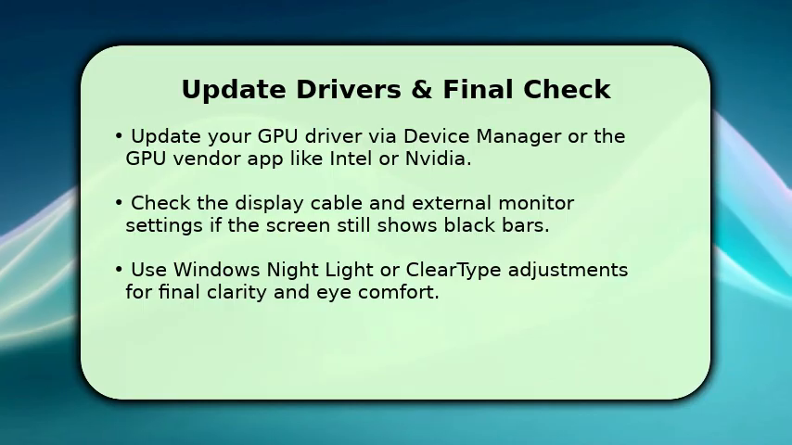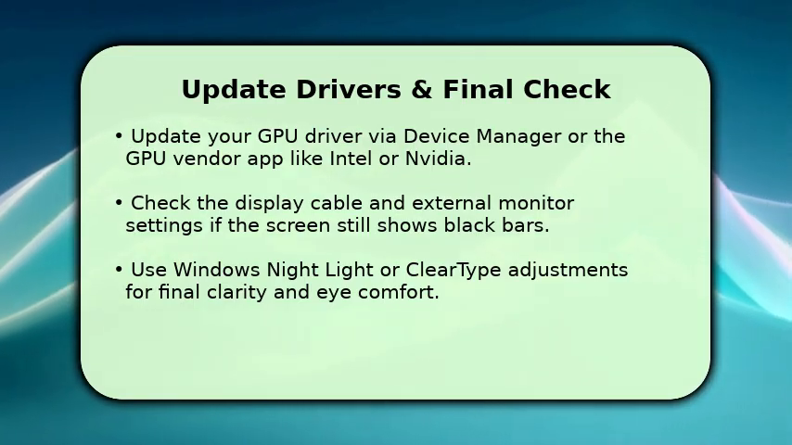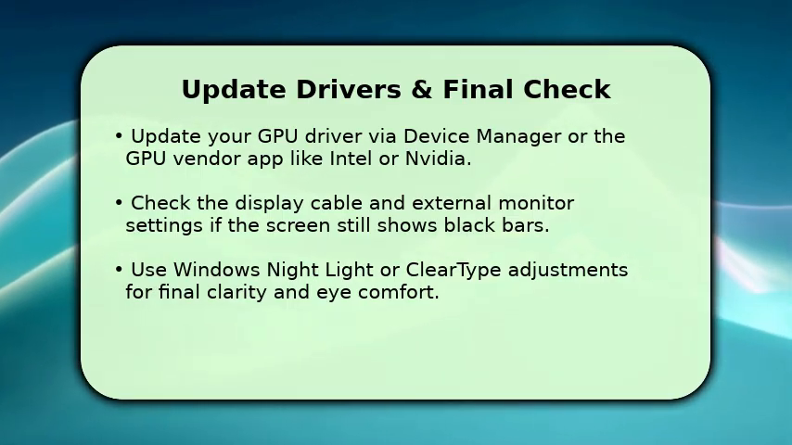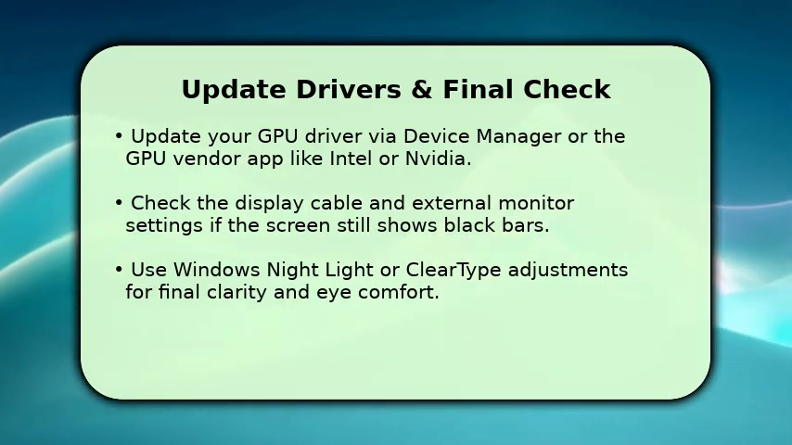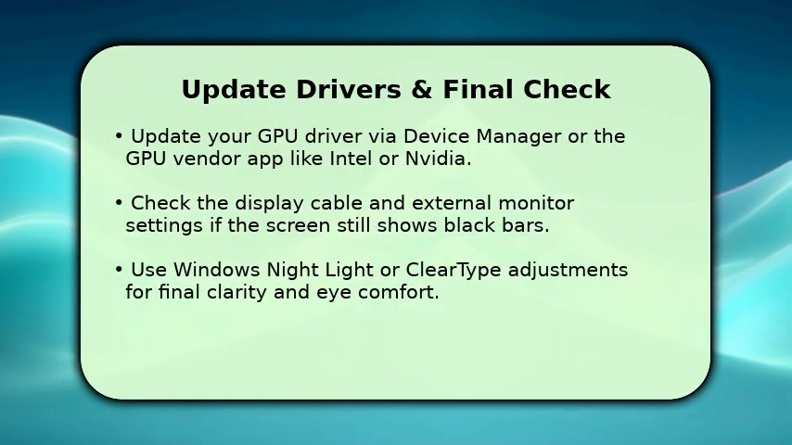Also inspect HDMI, DisplayPort, or internal cable connections for loose contacts causing black bars or underscan. For external monitors, check their aspect and overscan settings and set them to 1, or full pixel mapping. Finally, adjust ClearType and Night Light for